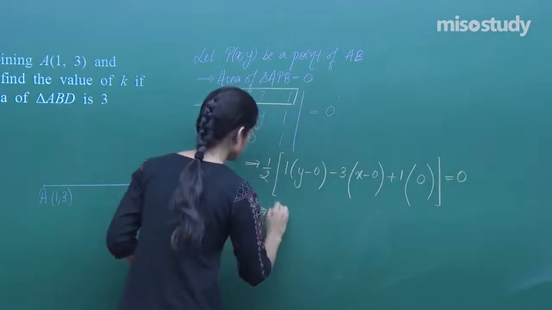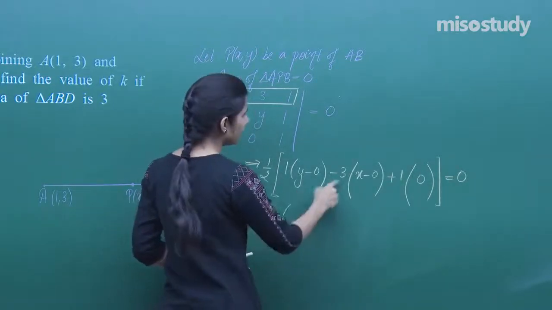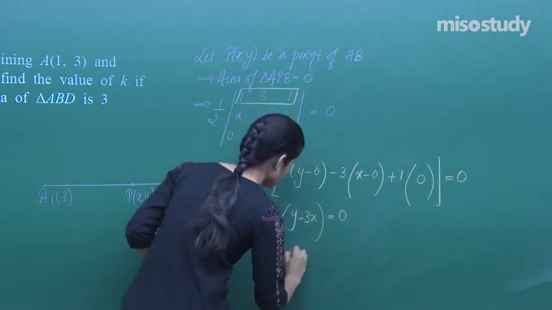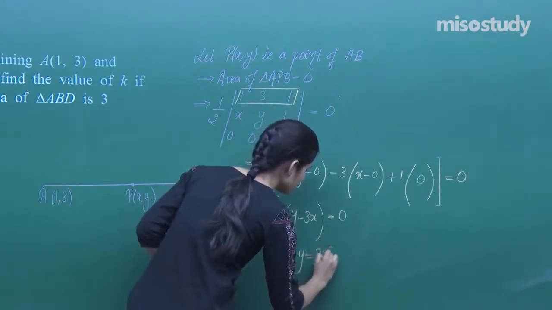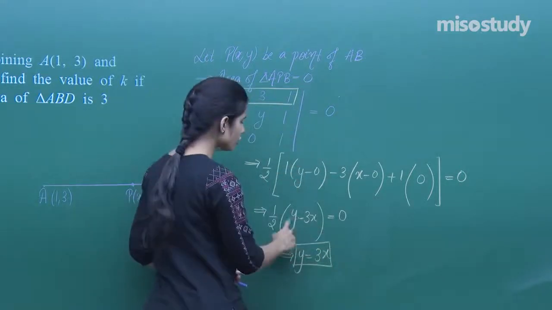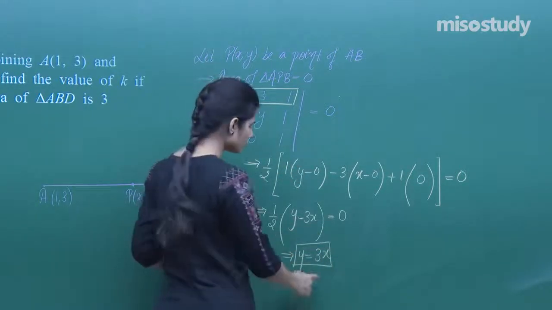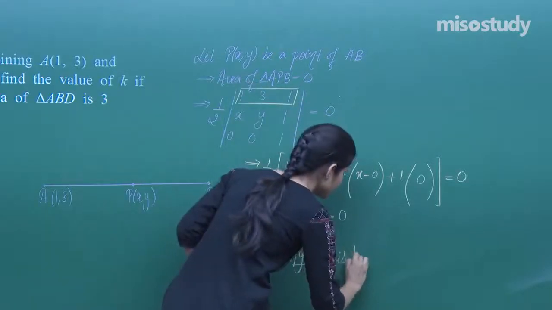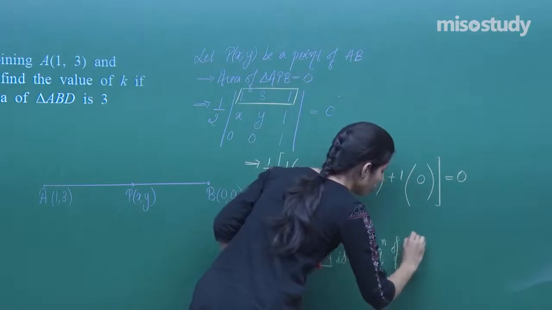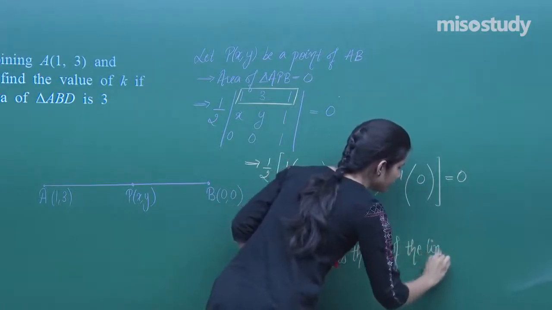So this will be equal to half of (y minus 3x) equals 0, which implies y equals 3x. Because this 2 will go over here, it will be 0, you will be left with y minus 3x equals 0, which means y equals 3x is the equation of the line